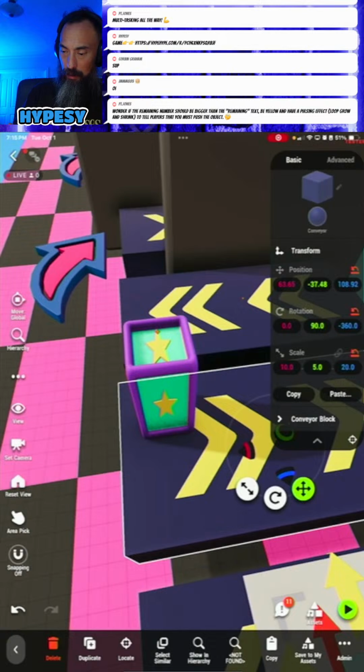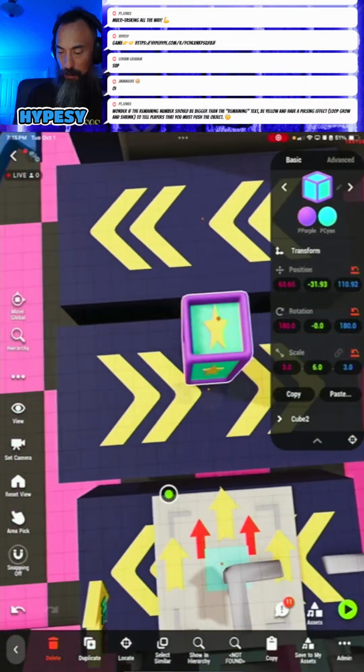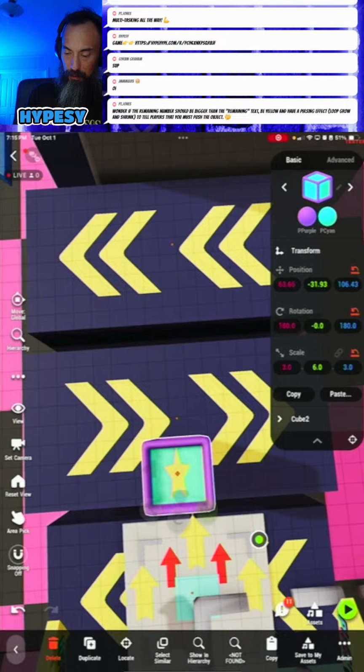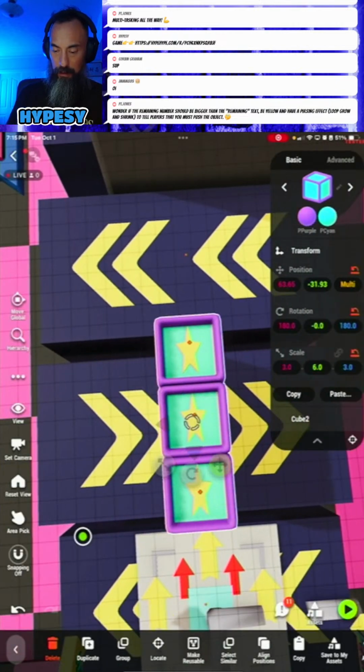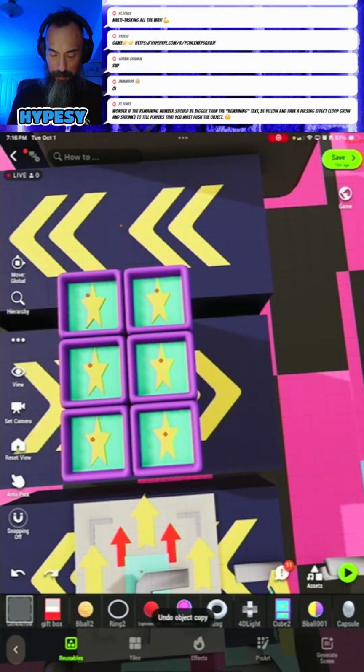And hold on. This is at X 63 by 65. If I put this in the middle, I can do some easy duplication stuff.